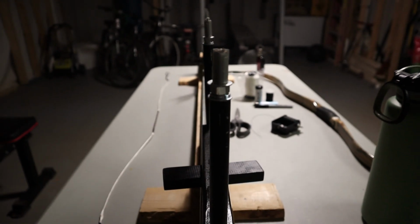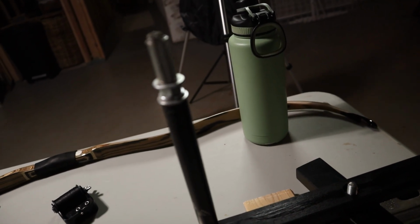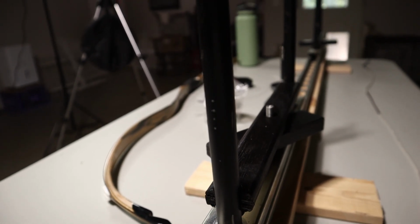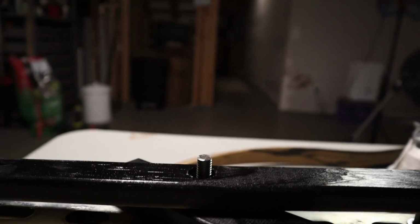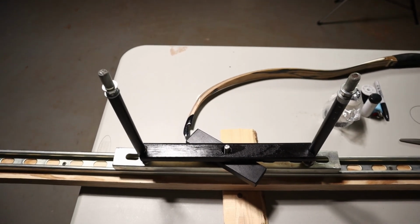I don't think it cost me much at all. The biggest expense was the channel that I'm using here for the string jig, and then everything else I had just lying around the house. And so I thought I would make this, and I attached it to a 2x3 and then put some feet on it, so you can see it's a good jig. I've made a bunch of strings with it, but again, I'm not the best at making endless loop strings, but I do make them where they're effective, they shoot, and they hold up well. So let's get started on this build, and then hopefully at the end of it we'll have